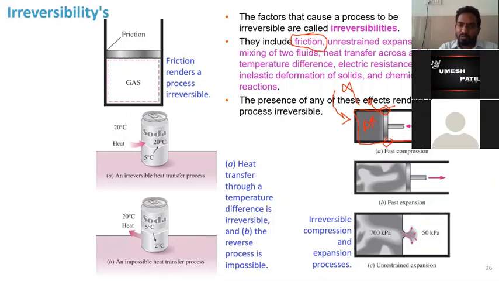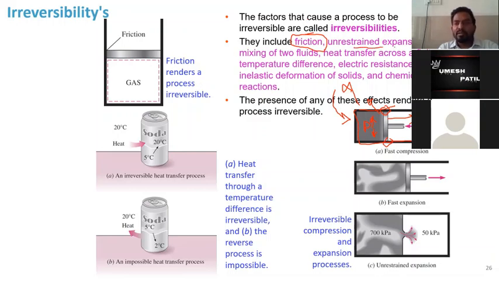That heat you cannot take back. So when you want to make this piston move backward with dropping this pressure, and for this backward movement you want to have that same amount of work again, that will not be possible, because some amount of work has got converted into heat, and that heat has got dissipated into the atmosphere, and that you cannot take back. So you cannot have the same amount of work again. So friction makes the process irreversible.